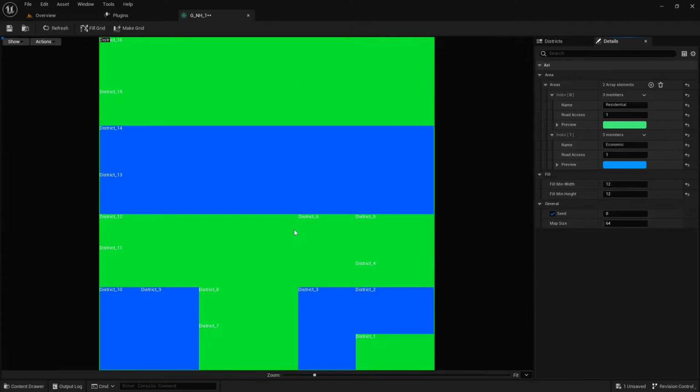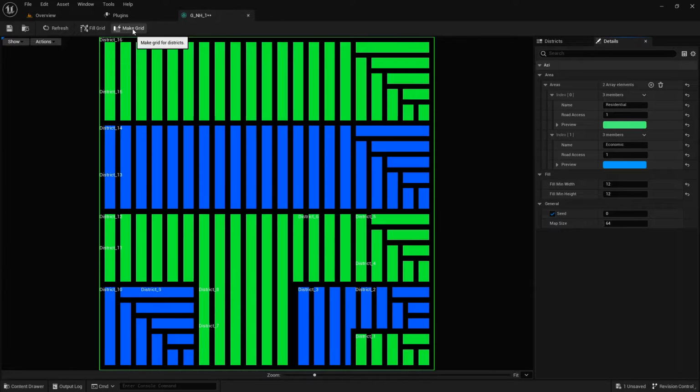At this stage, we are one click behind to complete the neighborhood. All we need is to add roads. To do that, just click on the Make Grid, and it will add roads to our neighborhood. As you can see, all residential and economics tiles have access to the roads, as we set their distance to